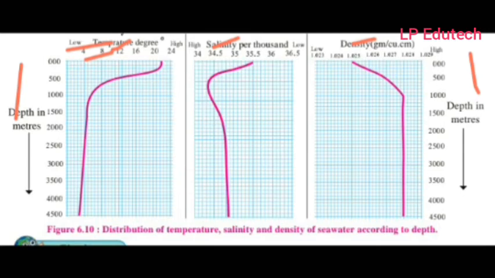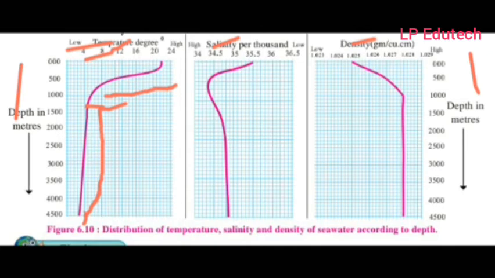See the higher degrees. Look at the first point, the temperature in degrees. It is 22, 23, 22, and if you look at that, the higher the temperature, the more gradually the temperature decreases. There won't be a change in the temperature at depth. After 1000 meters, the temperature remains the same. Okay, it's not going to change. There is only a slight change.